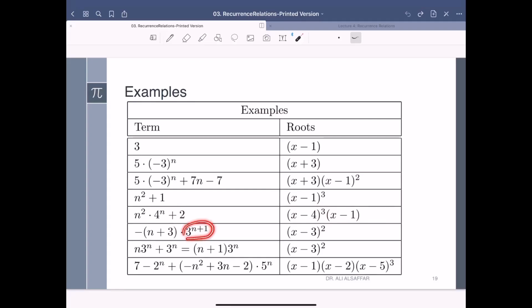By the way, 3 raised to power n plus 1 is equal to 3 raised to power n multiplied by 3, and this is the polynomial, which is degree 1, and this is the exponential. Since this is degree 1, we raise it to power 2, and b is 3, so it will be x minus 3. And look at the others, and these are their examples for